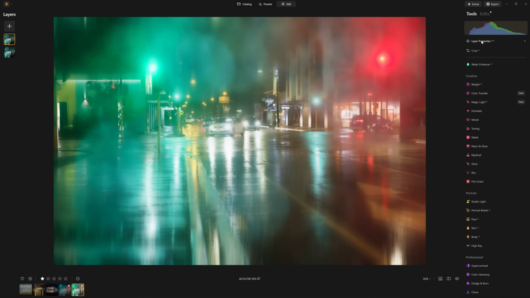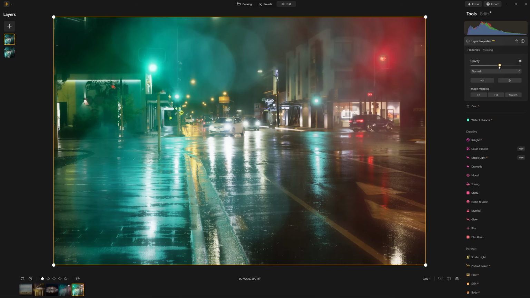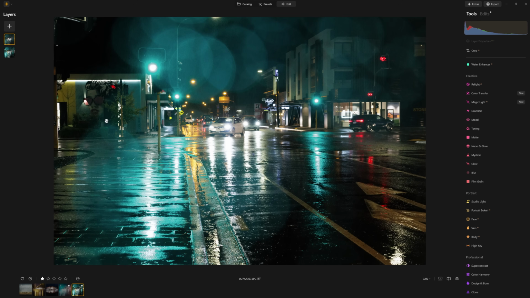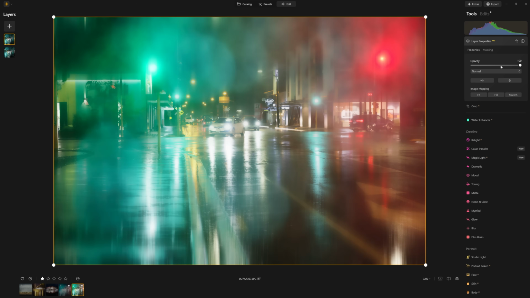We're able to control the layer properties and the opacity, i.e. how much of this layer we see. So with 100% opacity, we see all of that layer and nothing underneath. If I bring that down to about 50%, we're seeing half and half. So for example, if I right click and hide that layer, now we see the underlying photo. And now if I right click and show the layer, we see the layer that we were working on at 50%, or as we push that opacity up, at 100%. So I'm going to put this somewhere around, I don't know, 80%. We'll go with that. So now we've pushed our photo into a more painterly look to start with,